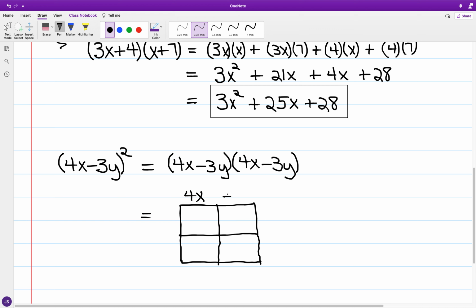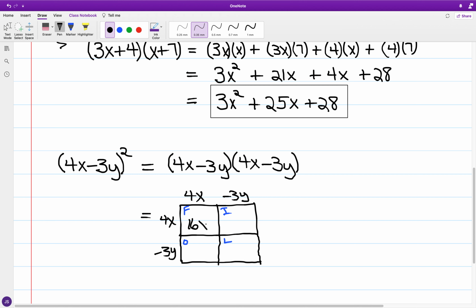Okay, so I have 4x minus 3y and 4x minus 3y. So you've got first, outer, inner, and last. For the first, 4x times 4x,